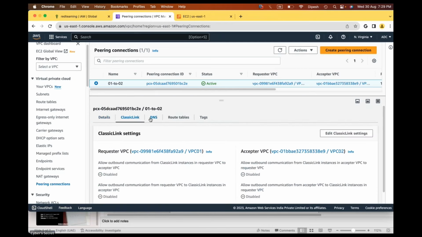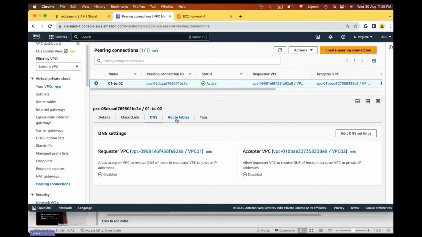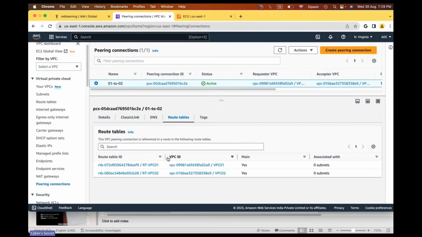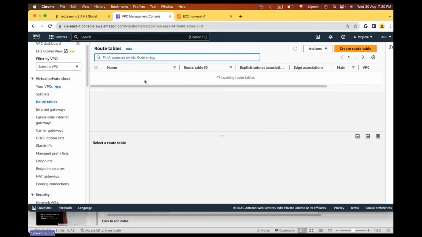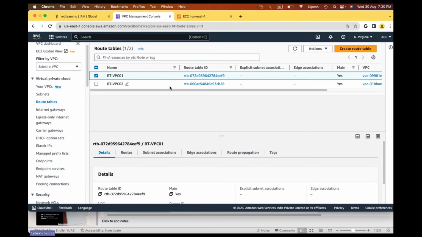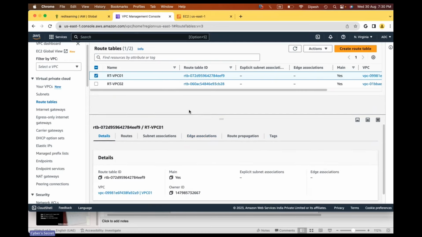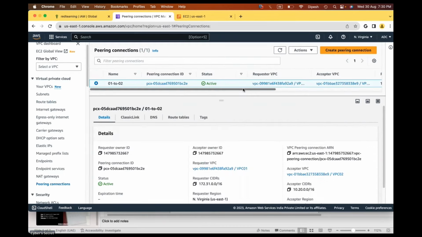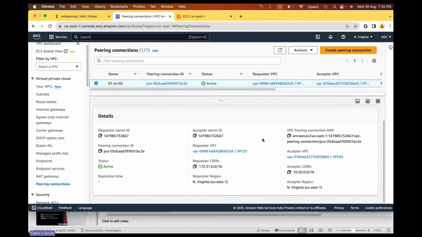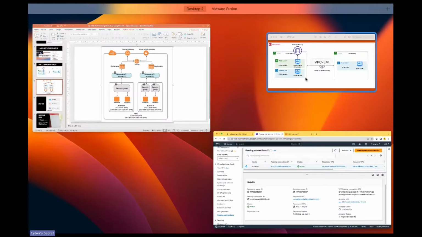Okay. So this is just a remaining other setting. Let's focus on the routing table. This is the route table. Click on this. Again, it will take you to this VPC1 route table, which we have already explored. As we know, there is a route, and the peering connection was also successfully established. So this is how we are going to look for the information in order to travel into the